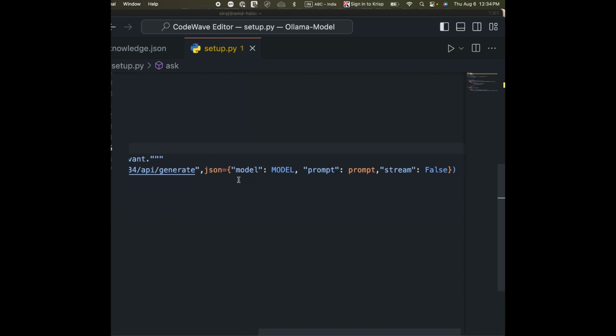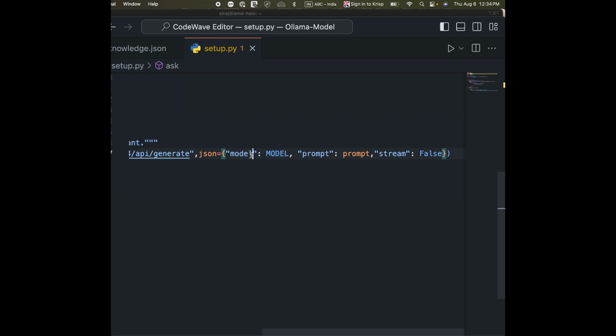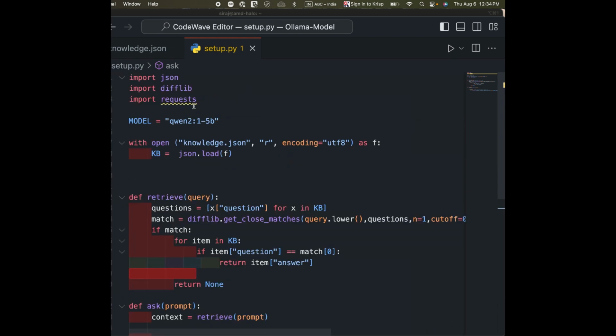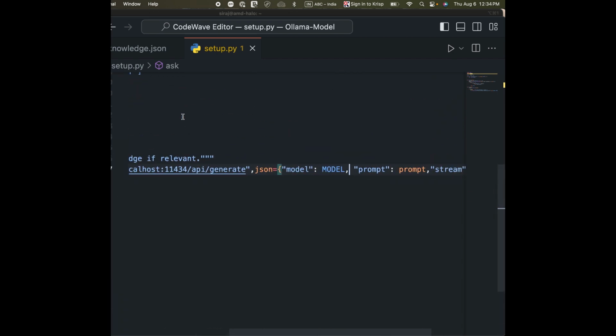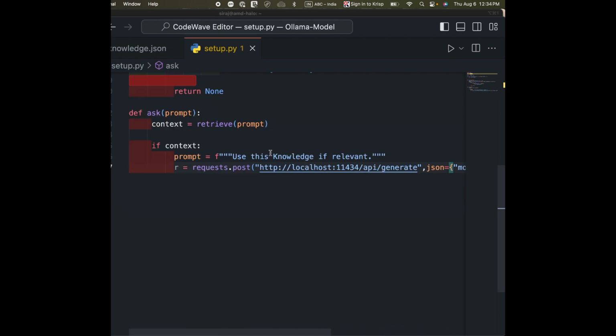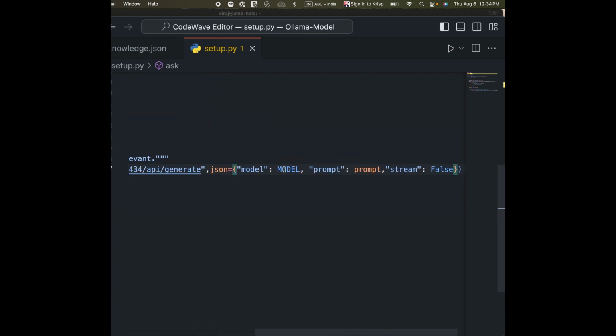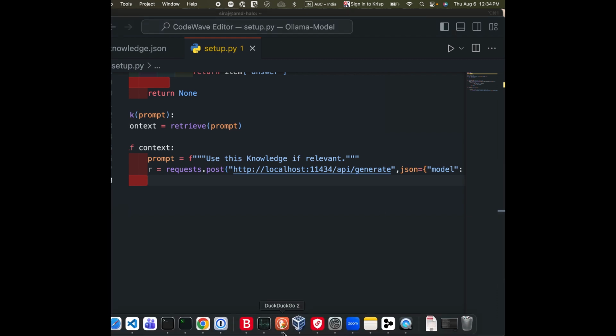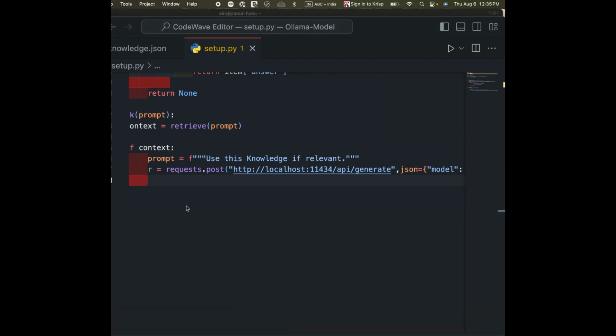So now it has some JSON. The model will be our model, which we defined up here, which was Qwen. The prompt will be the user's prompt. So we're going to send the user's prompt along with the model. And the stream, I set it to false. Stream basically streams the response one word at a time. I did not want that, but if you want it, you could set it. So next, what we're going to do is return r.json,